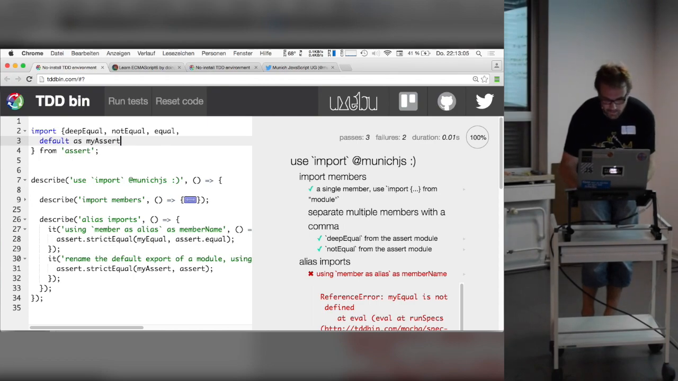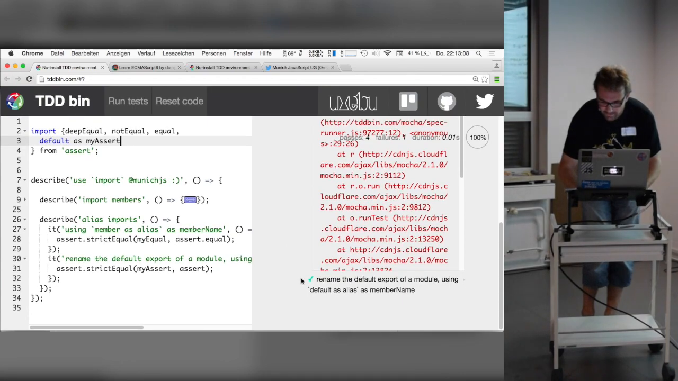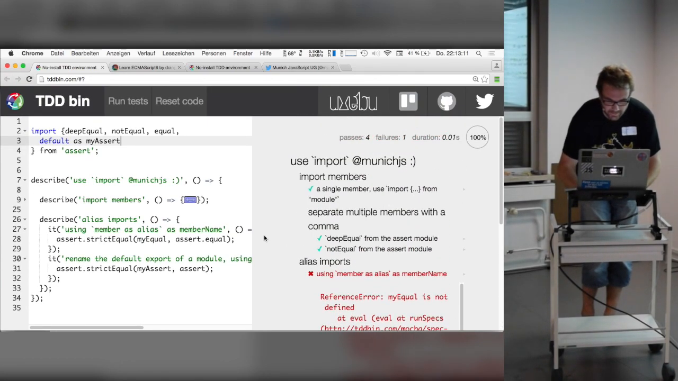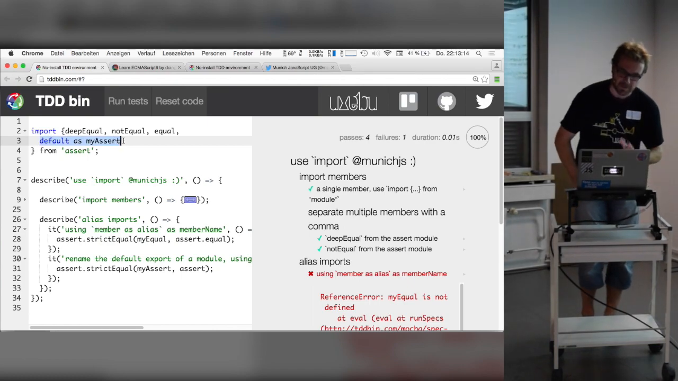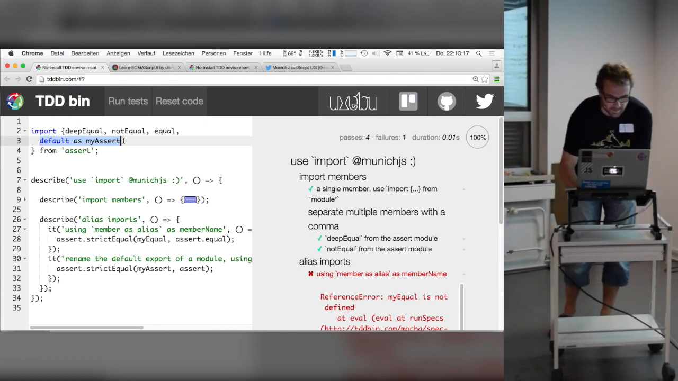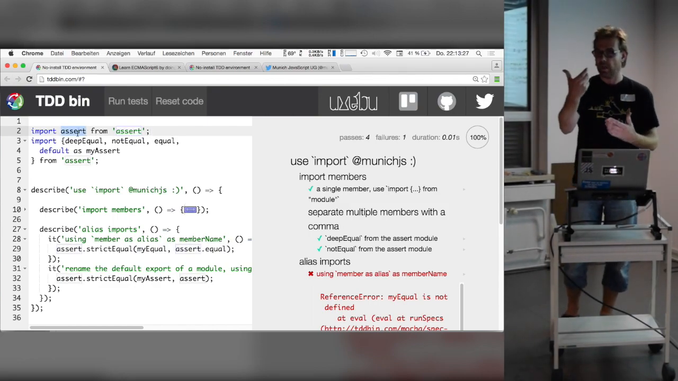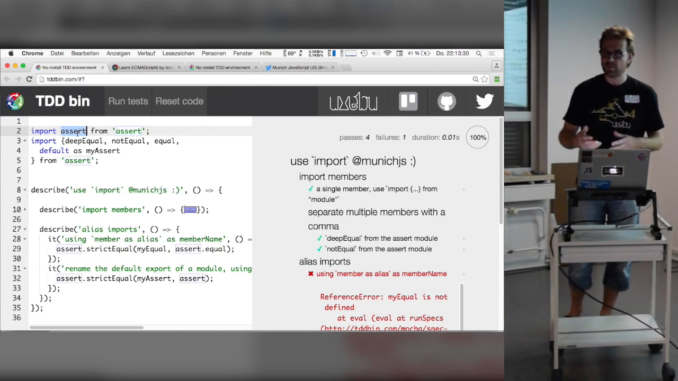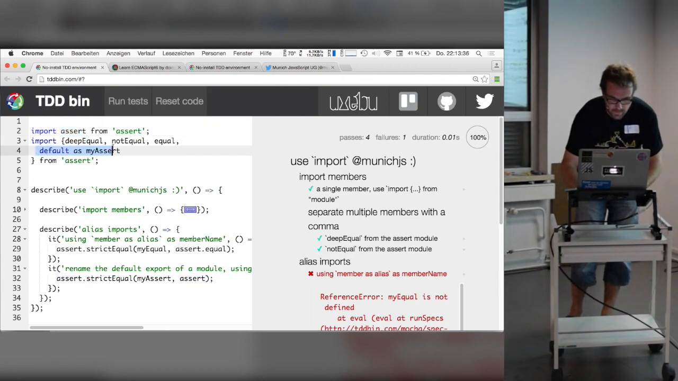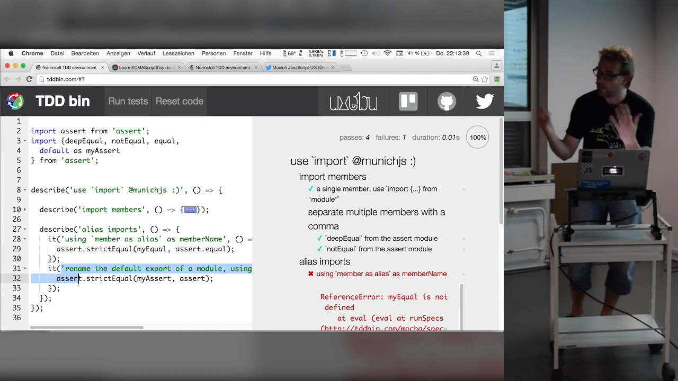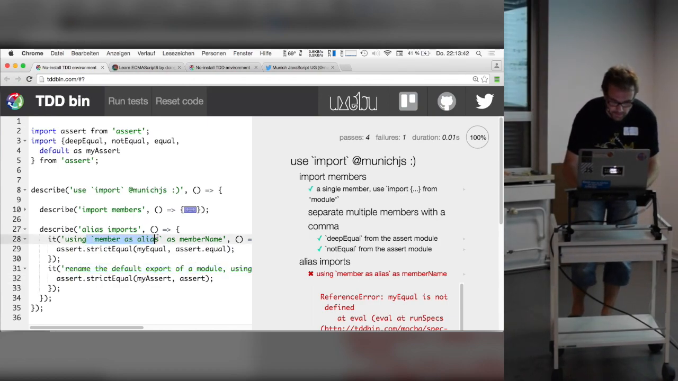So this one will solve the last test, but we have to scroll down and see, yes, it does. I think this is really interesting because normally when you import the assert, you only write import assert from assert, which is then importing the entire module into the name assert. But what if this is the default export of the actual module? That's exactly what this is doing, and the last test was trying to make you do. So we still have this problem here. You can use member as alias, so member, like this,